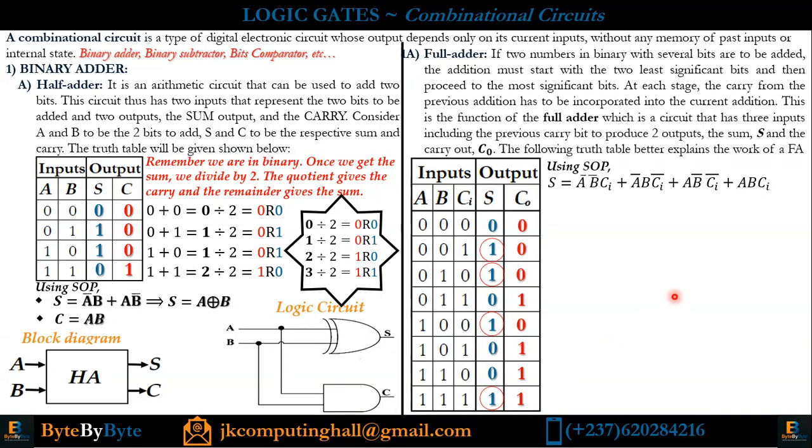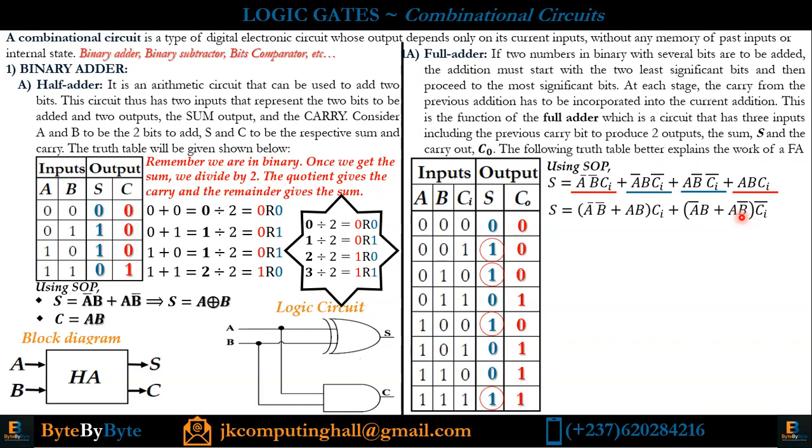Good. Always, as I told you, when you have such an expression and you want to simplify, always identify efficient factorizable expressions. I can factorize these two. What will I factorize here? Ci. I can also factorize Ci bar from these two. What is it going to give me? When I factorize Ci from this term and this term, I have A bar B bar plus AB. And once I factorize Ci bar from this term and this term, I get A bar B and A B bar.